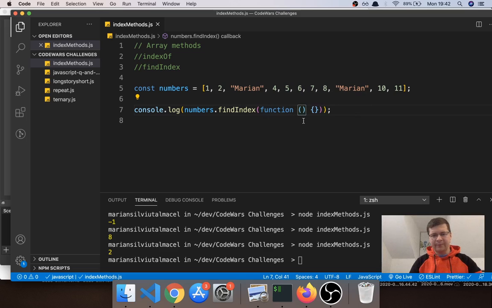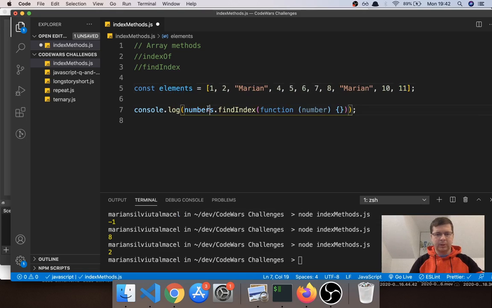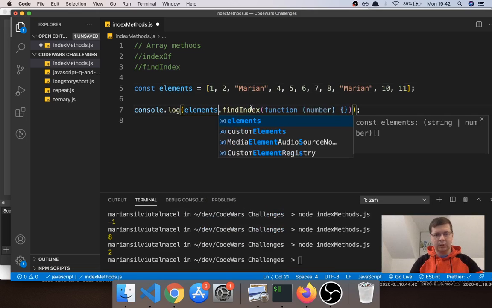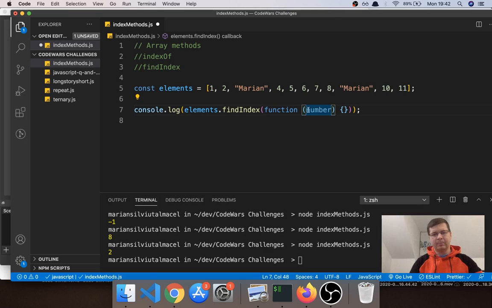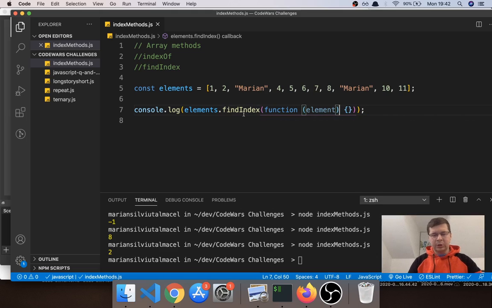So we can say here function of number. Well, because we said numbers here, but here we have other elements as well, so just to be true to ourselves, let's call it elements and put elements here as well. And here we will say element. We can still keep number because you can give it any name you want, but you want to give it something descriptive. So if we put here element, this findIndex will basically run through the array, and